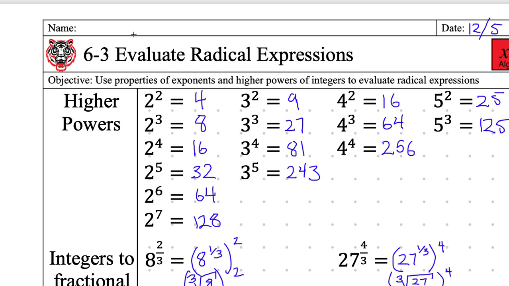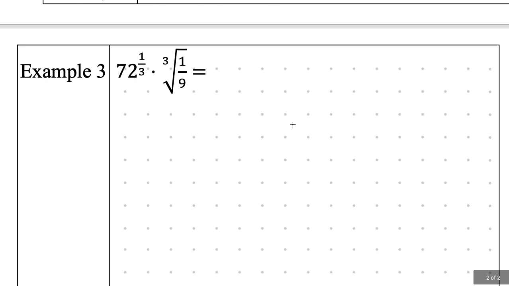Anna? 9 times 8. And not only that, it's a really good option to choose because it's both here and here. Those are both higher power terms. So that's the perfect one to choose. 8 times 9. Again, you're trying to choose something from that list. So if I come down here, I'm going to rewrite this as 8 times 9, all of that to the power of 1/3. I just changed the 72 to 8 times 9. And now that's going to be multiplied by,